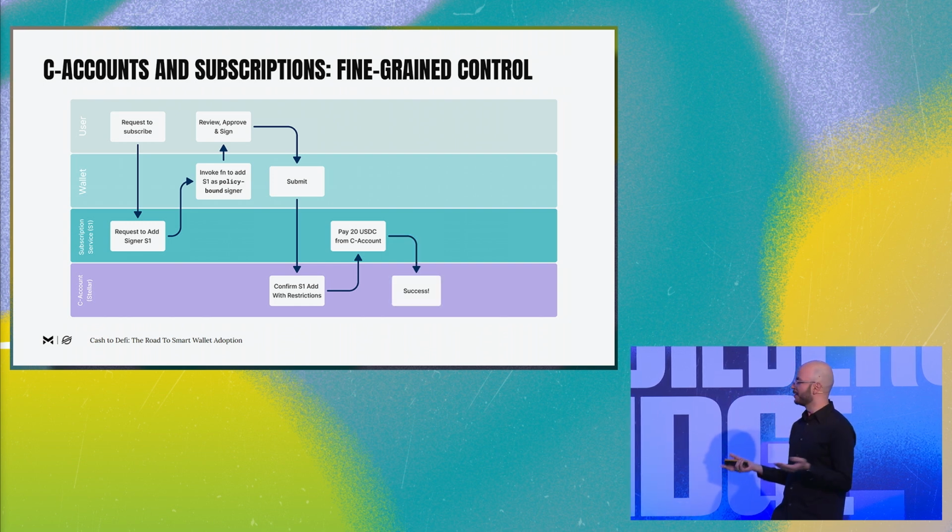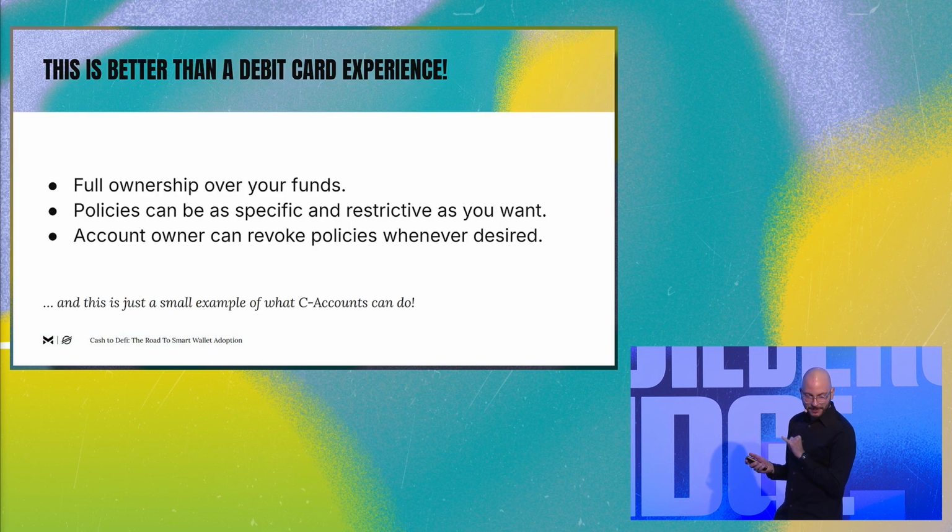That's what you wanted in the first place, success. Now, buggy code, for whatever reason, they decided to build this accidentally again, or for whatever reason with malicious intent, it's going to fail. It's going to fail because it's not within policy. And the next slide, I'm going to make a big statement. Bear with me. It's obviously my opinion, but I feel like this is a better experience than a debit card